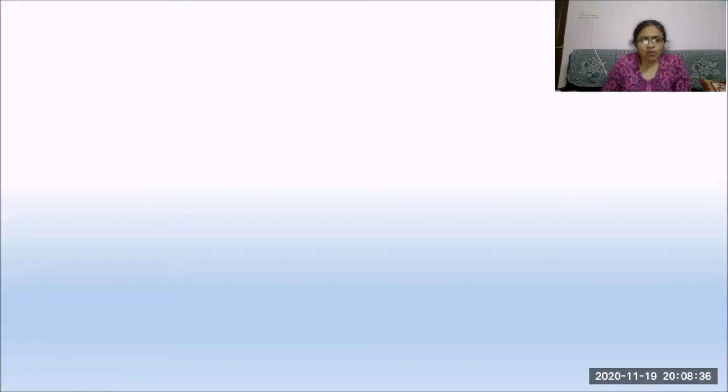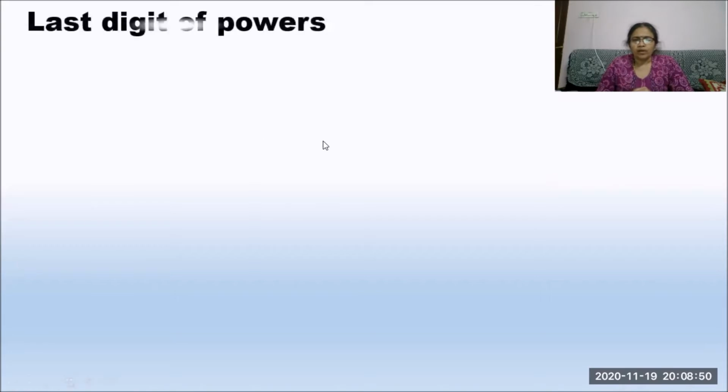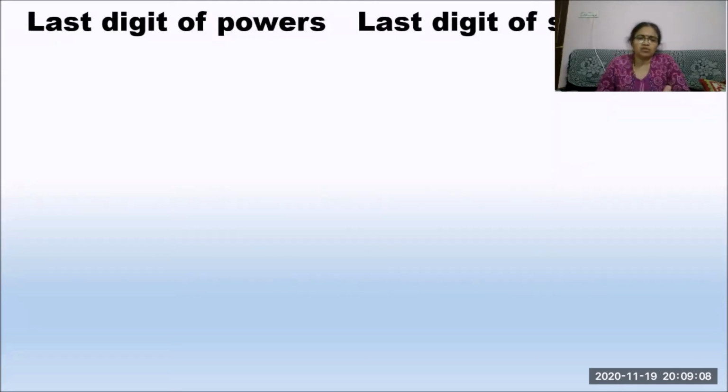A common way to attack this type of question is to just list out the initial expansions to determine a pattern. Let us understand the pattern here. First, let us take the last digit of the base. Why do we take the last digit? In order to find the last digit of the solution, we only have to concentrate on the last digit of the base, however big the number is.